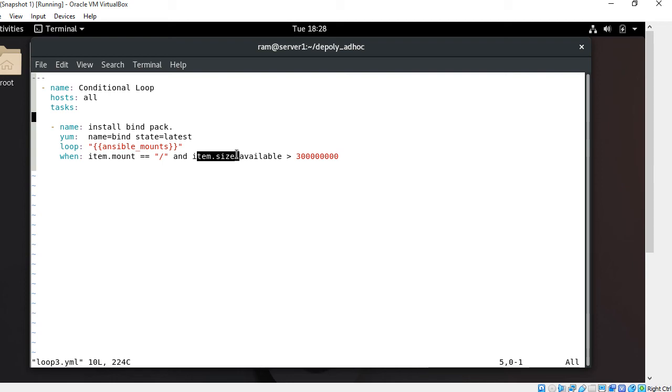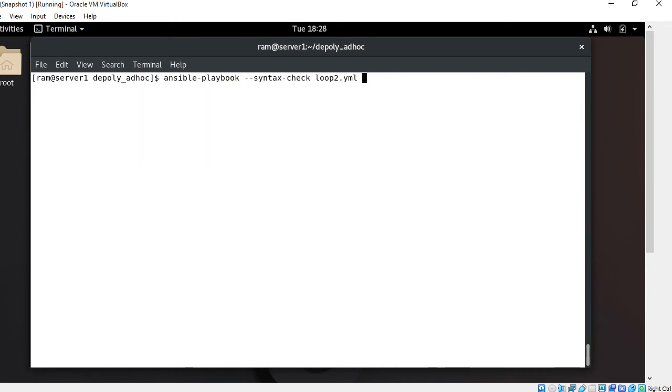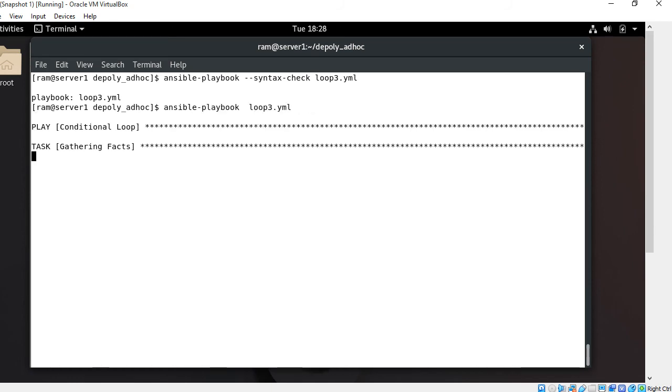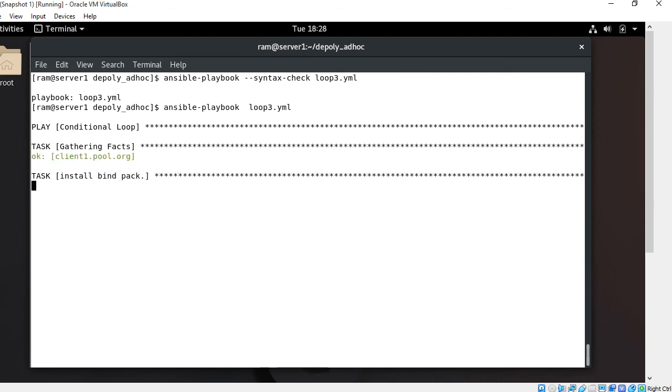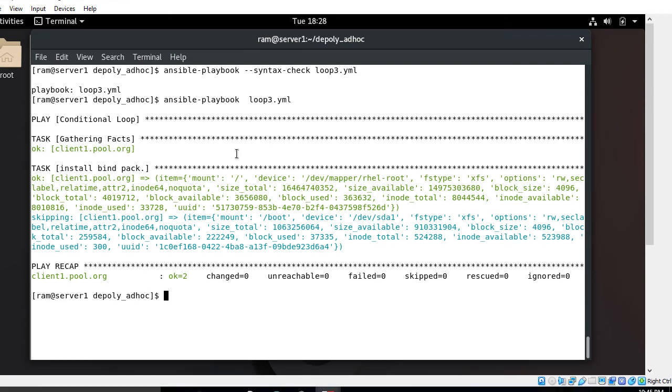So now I save and quit from there and check the syntax for loop3. Okay, looks good. Now time to run. So I'm going to run this Ansible playbook loop3.yml. We can see that the ansible_mounts facts show a list of all facts about the mounted file system information.